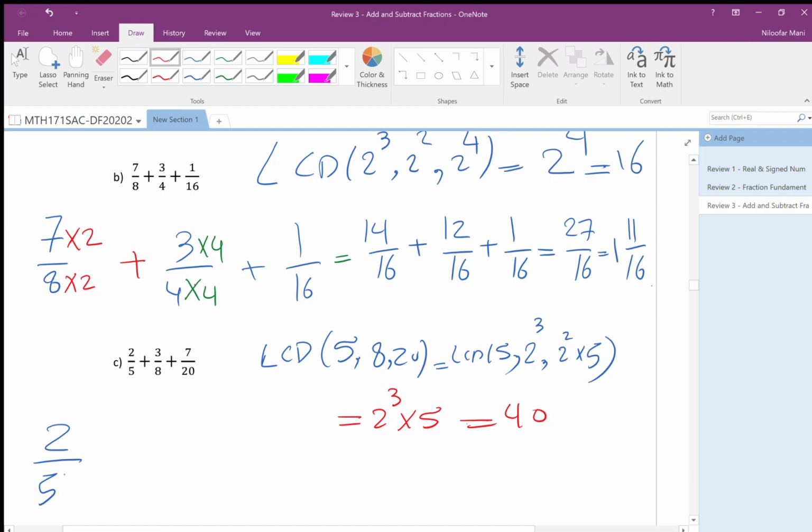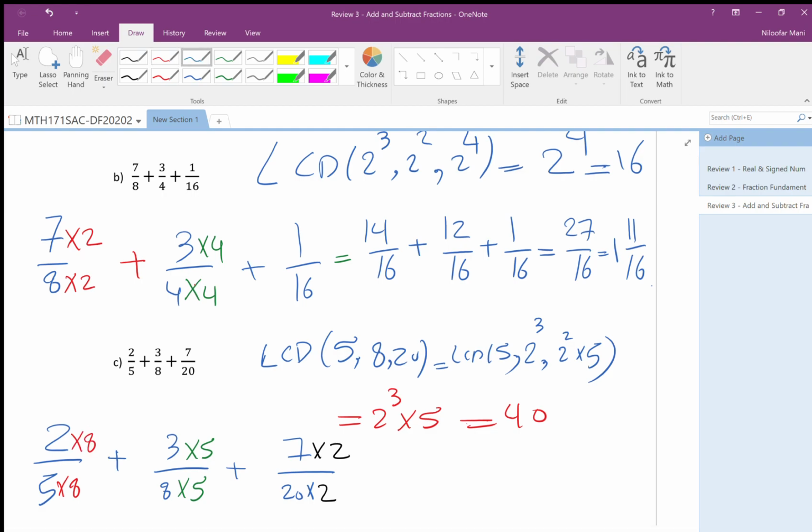5 times 8, plus 3 over 8, I have to multiply with 5, plus 7 over 20 times 2. Something is missing. I have to multiply the top as well for all of them. What I did to the bottom, I need to do to the top. For 1, I did 2 on the bottom, so 2 on top, 5 bottom, 5 top, 8 bottom, 8 top. And then the answer is 16 over 40 plus 15 over 40 plus 14 over 40, which is 45 over